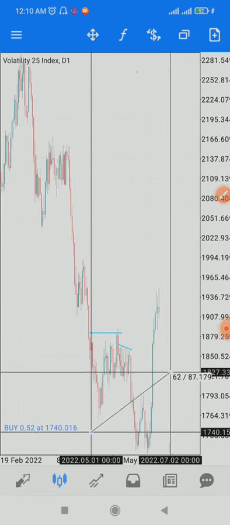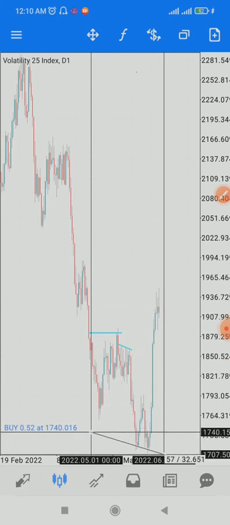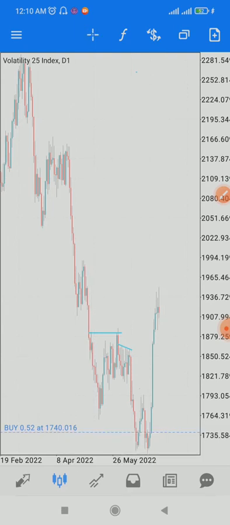Let's see how much we risked. We risked 32 pips, and we're 155 pips up. That's a good risk to reward ratio. Okay, so and then the next button there